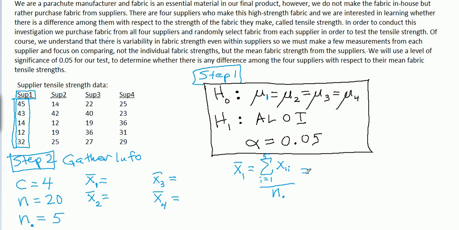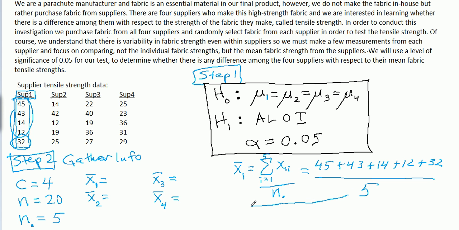All that's saying is add up 45 plus 43 plus 14 plus 12 plus 32. I'm getting these numbers from right here, right? And then divide by how many there are, which is 5, which is no surprise, the same as this value, right? So once I do that,